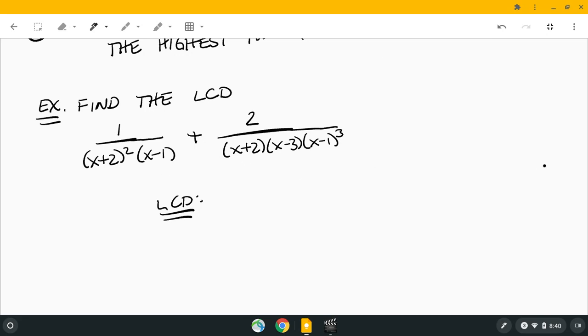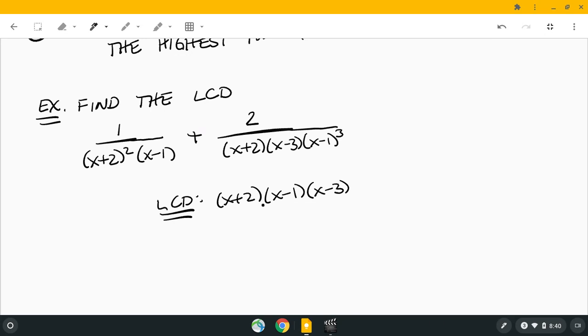Okay, and here's the thing: if you see the family listed here and there, you don't have to list it twice. Okay, once is plenty. Okay, so we just need to know, oh, what families are going to be there. Okay, so the x plus 2 family will be there, the x minus 1 family will be there, and the x minus 3 family will be there. Okay,